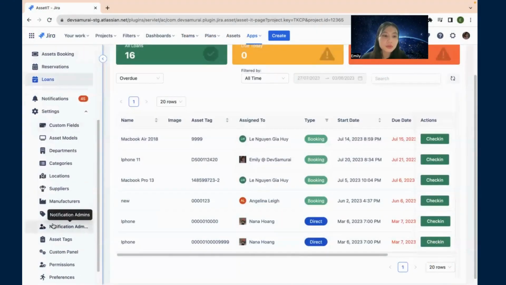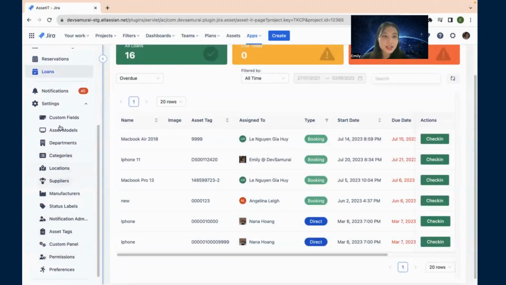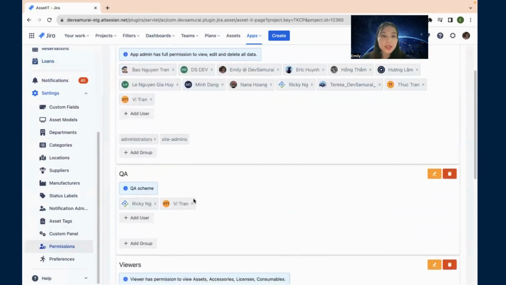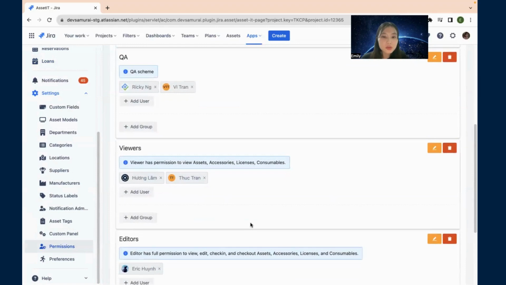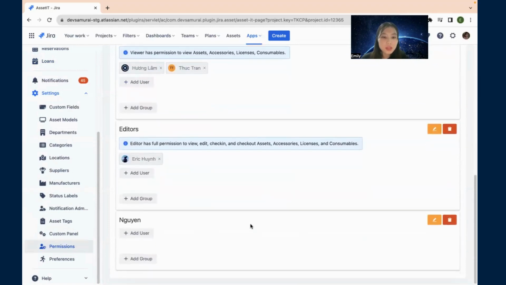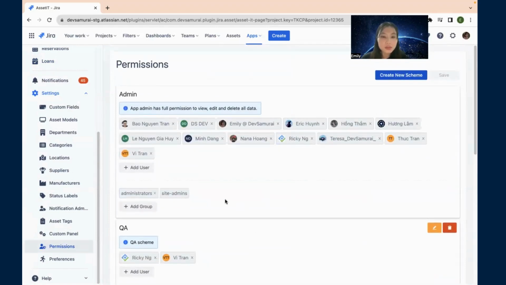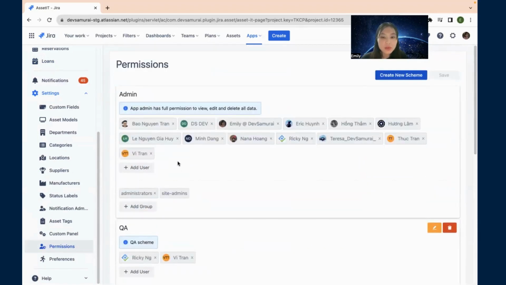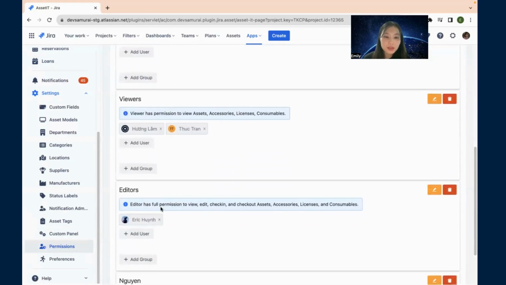Now we move to permissions in the settings. Permission is where you can manage the admin or the user, any people that you want to have some permission to manage AssetIT. Here we have three asset schemes by default, which are admin, editor,